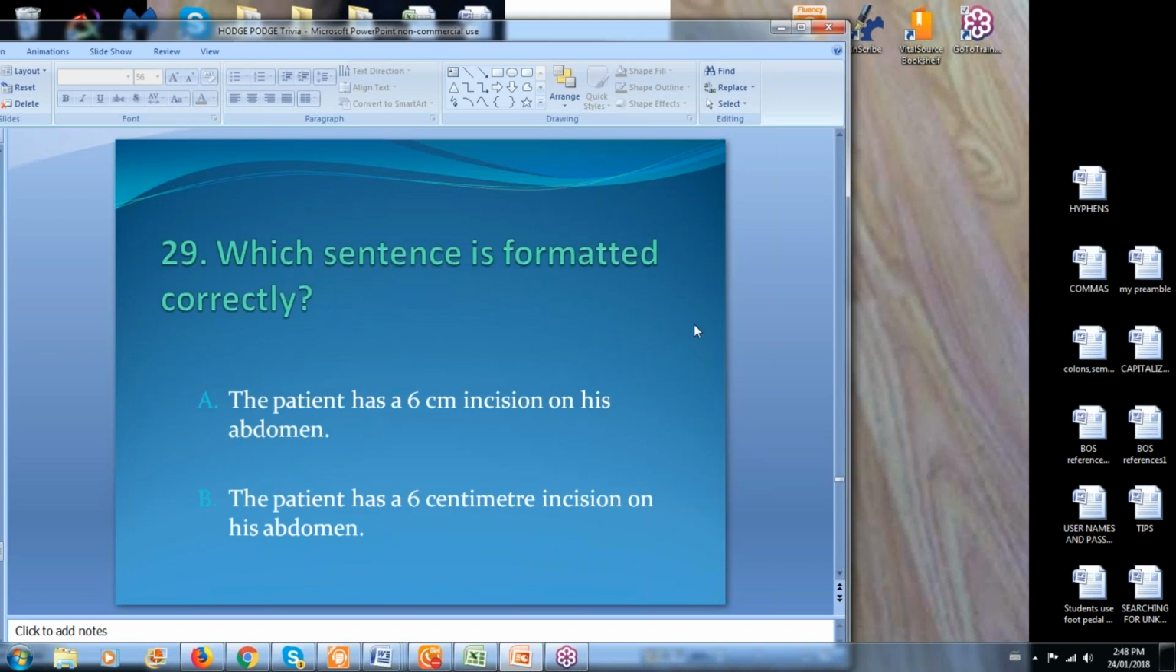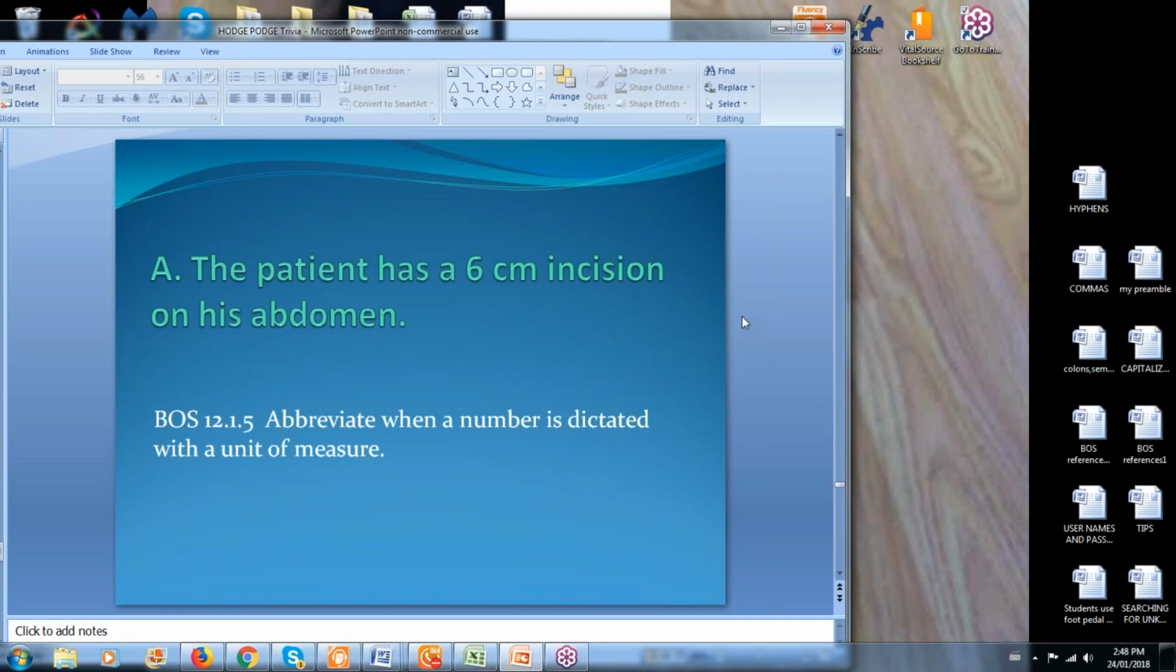Okay, which sentence is formatted correctly? A, the patient has a 6-centimeter incision on his abdomen. Or B, the patient has a 6-centimeter typed out incision on his abdomen. Sandra says A. A for Corey. Okay. The patient has a 6-centimeter incision on his abdomen. That's correct. If you look at BOSS 12,